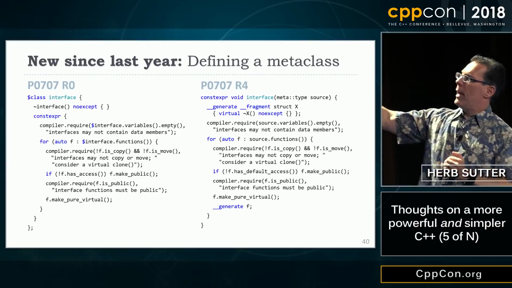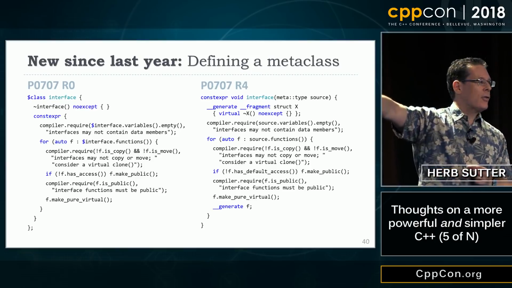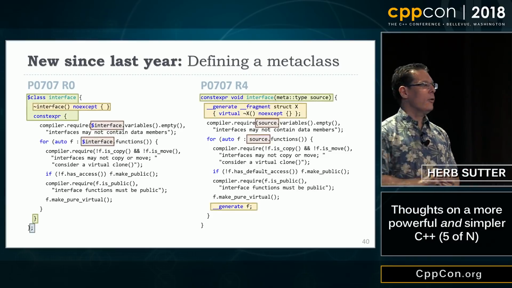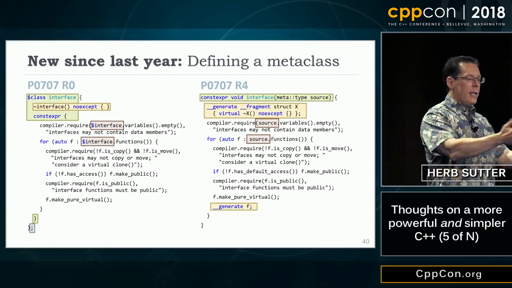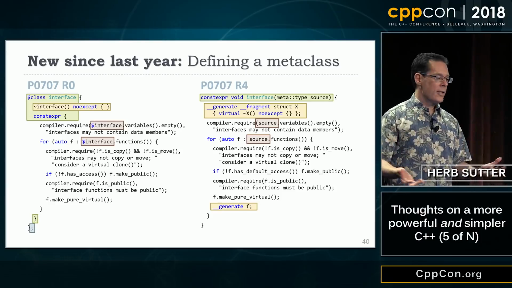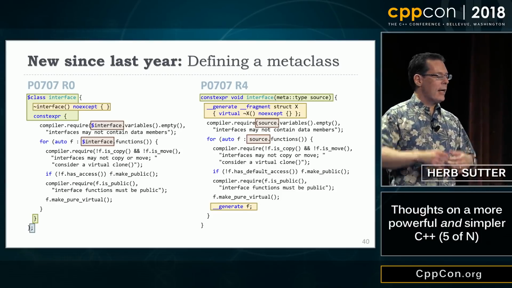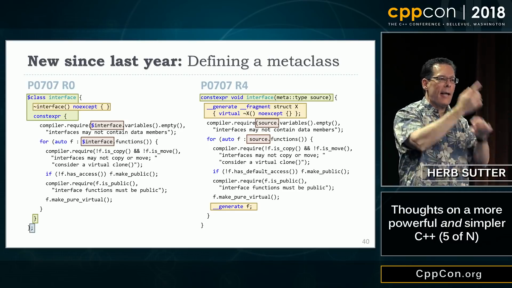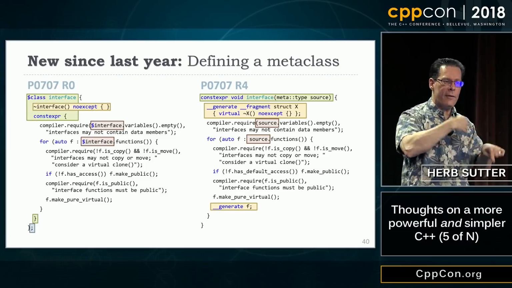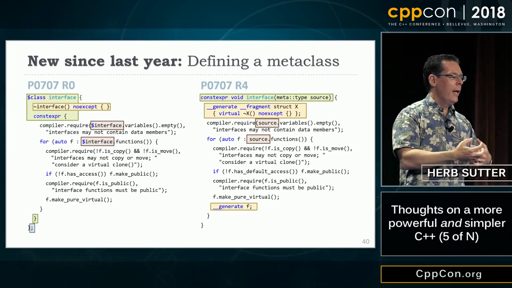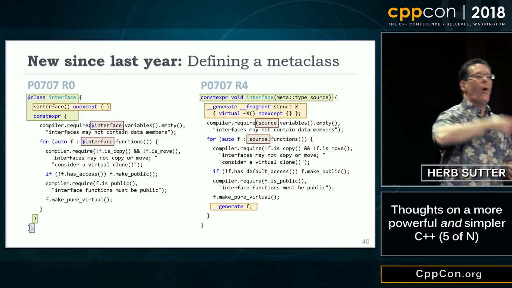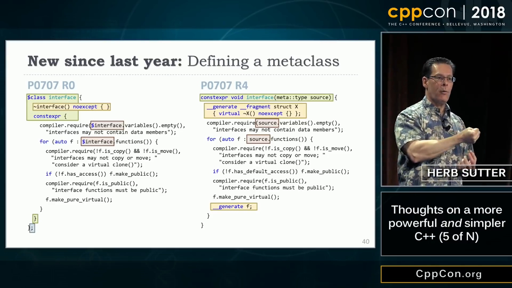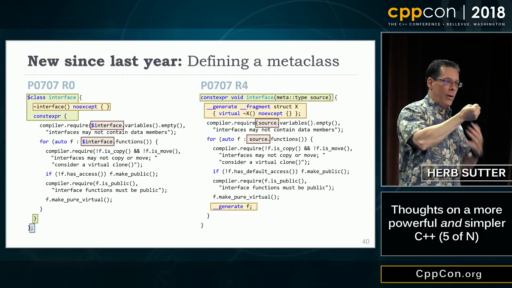When you're writing a metaclass, the left-hand side was last year's syntax, the right-hand side is this year's syntax, and the main difference is in the wrapping. So the body is still the same, the concept and the structure are still the same, but instead of being mentally inside the class I'm writing, reading my own definitions and modifying them, now the view is that I take a fully formed class, whatever the user wrote in source code, as input, and I generate